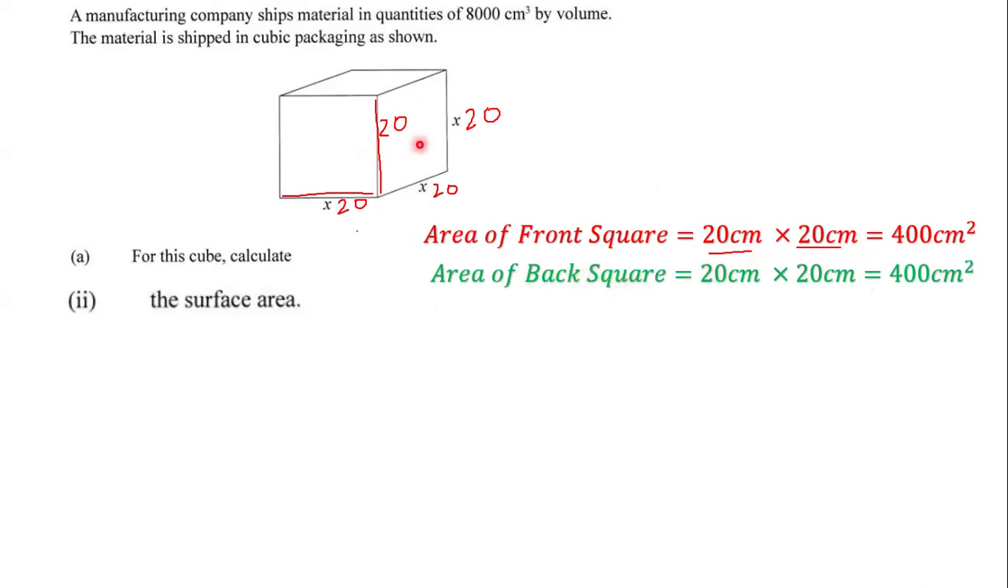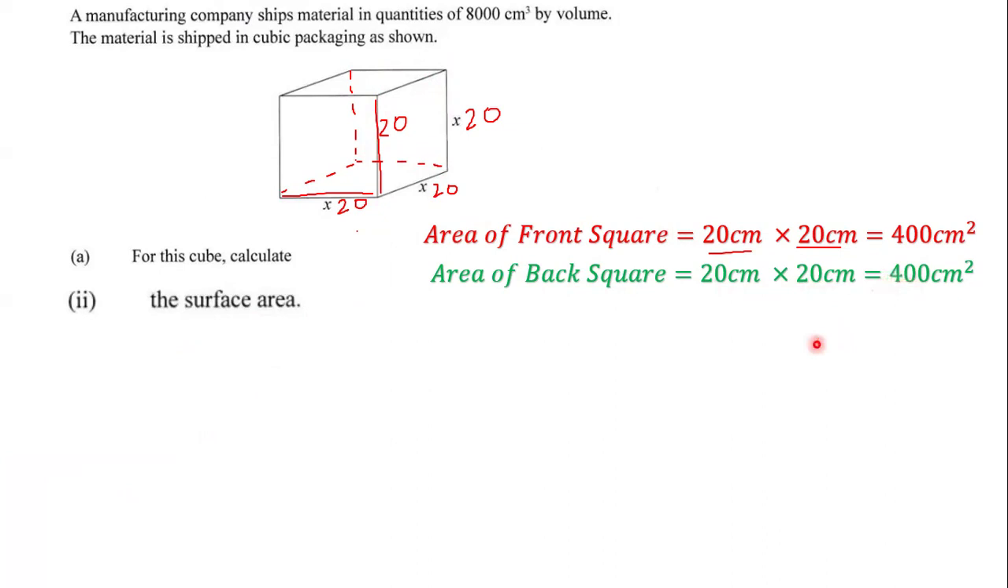Now, what is the back square? That's the square that's in the back. If we were to draw this in, we can visualize what's happening. We have this square that's in the back, and it's the same thing, length times width. So it's going to be 20 centimeters multiplied by 20 centimeters, which is 400